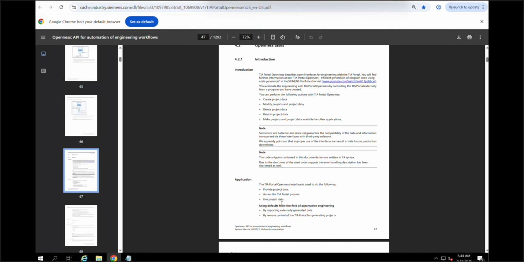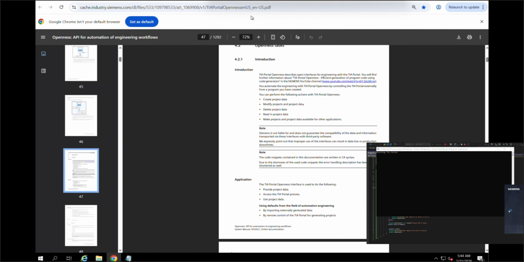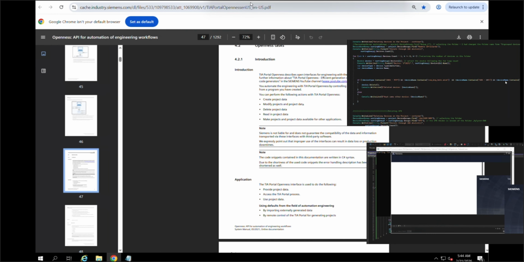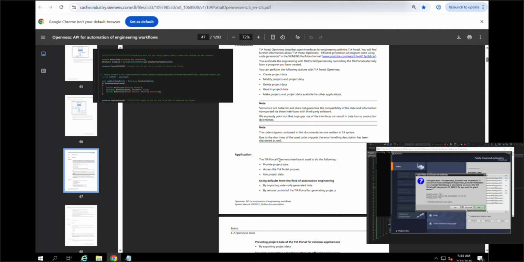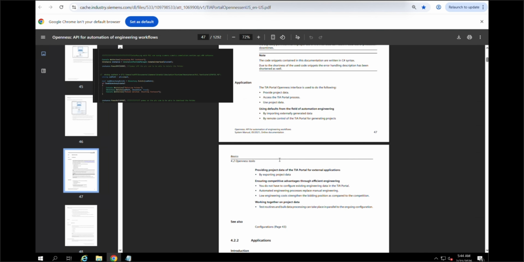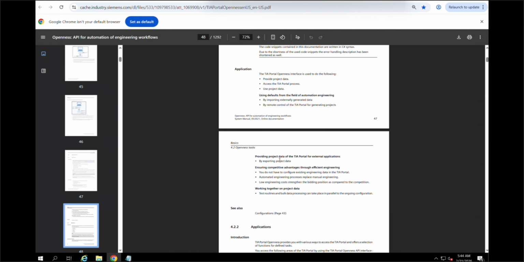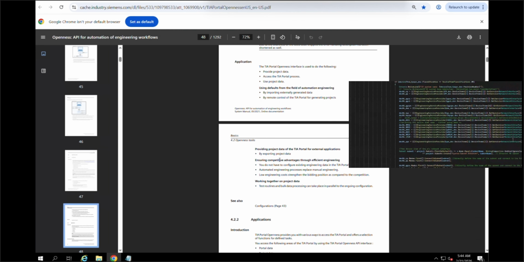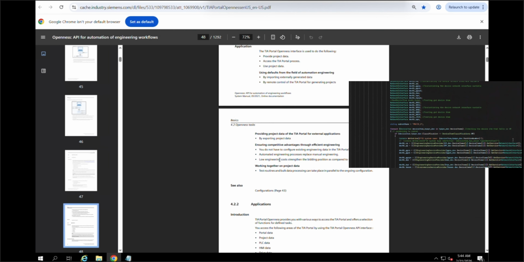In this series, we will be doing some interesting stuff with TIA Openness using C#. I will show how to open a TIA Portal project with the user credential, how to access the project data such as the devices, how to access PLC data such as the program blocks and export a program block as an XML file, and how to make changes to the XML file and then import the XML into your TIA